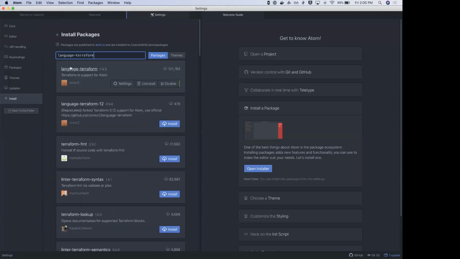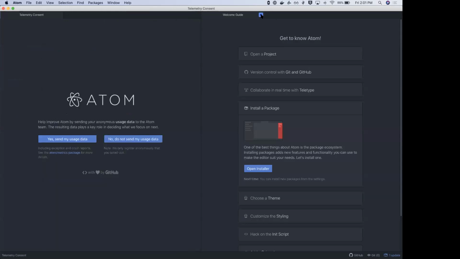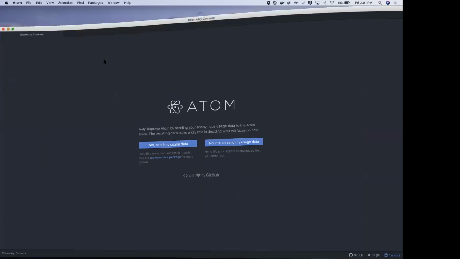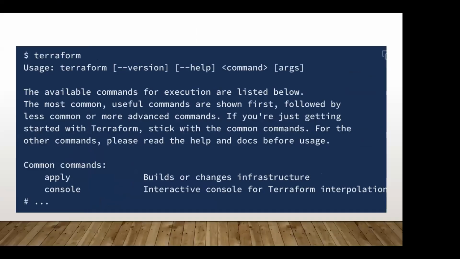Once you type in language-terraform, you can install it like any other package. Since I've already installed it here, I'm getting these options. Okay, so let's close this. Now let's go back to our presentation.